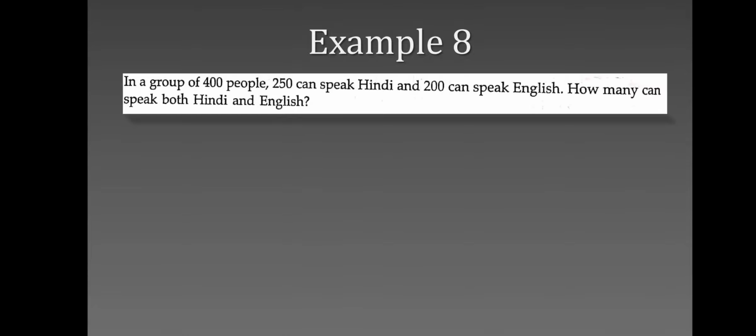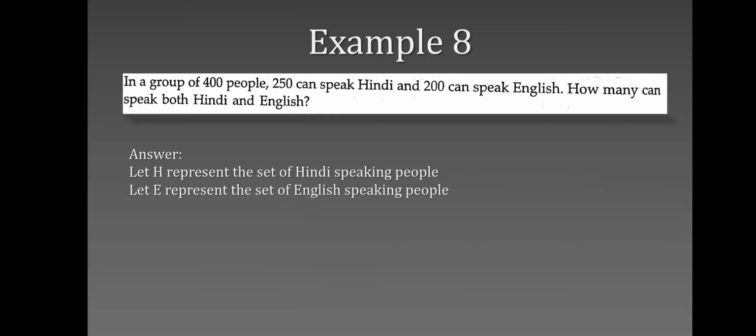Example number 8. Now this is a text problem. In a group of 400 people, 250 can speak Hindi, 200 can speak English. How many can speak both Hindi and English? So first what we do, we first name the sets. So let us consider capital H to represent the set of people speaking Hindi, and capital E representing the set